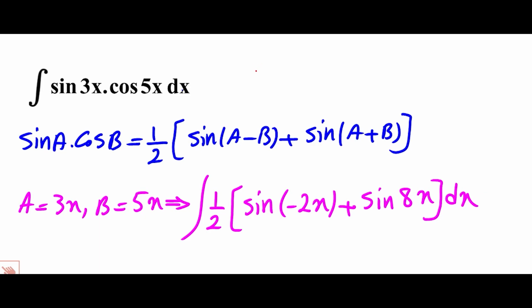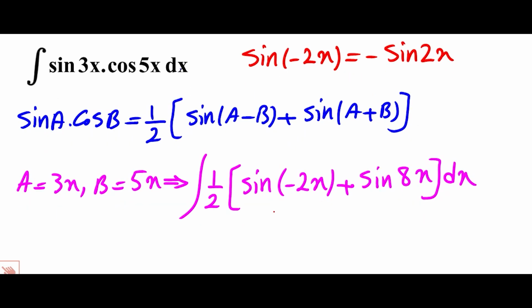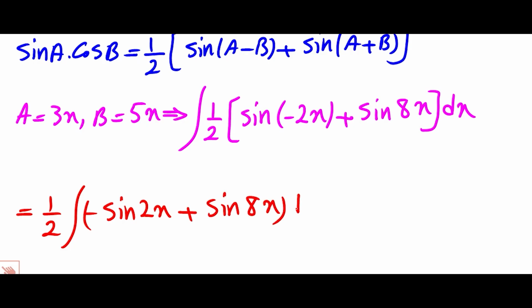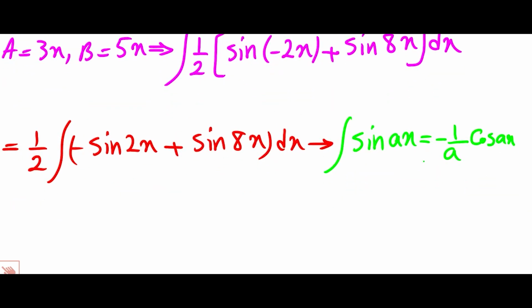dx. And remember that sine of negative 2x equals negative sine of 2x. So we have 1/2 the integral of negative sine of 2x plus sine of 8x dx. And as you know, the integral of sine of ax equals negative 1/a cosine of ax, right? So we have